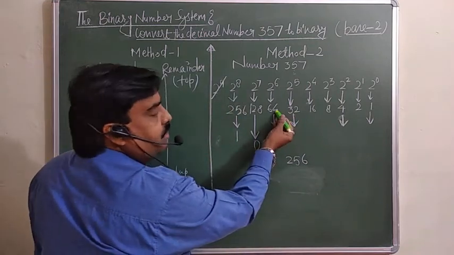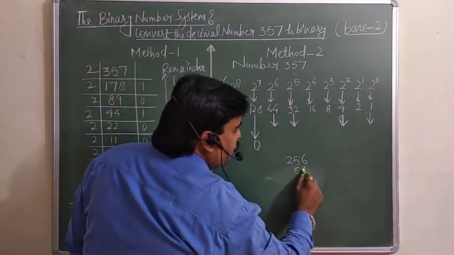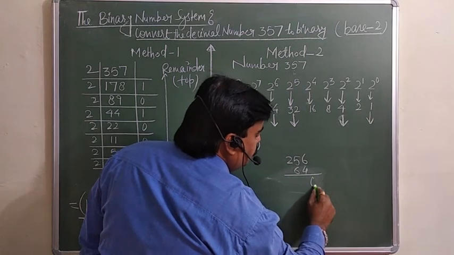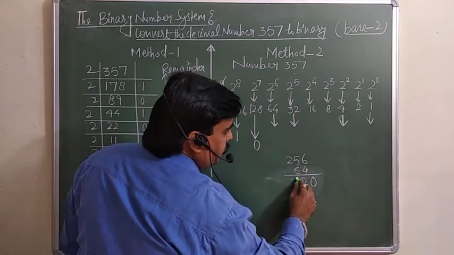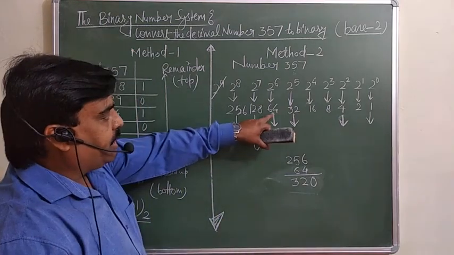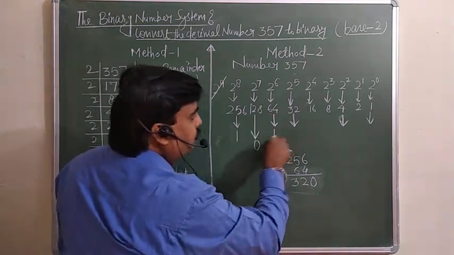Now which can we add? We can add the 64, because 64 you are going to add is here. Then you will get 0 and this is 2 and this is 3. 320 you are getting is here. So you can add 64 here. So you have to give 1 here.